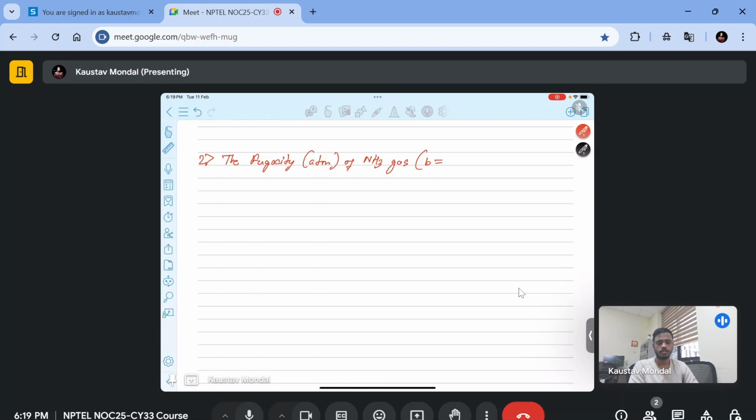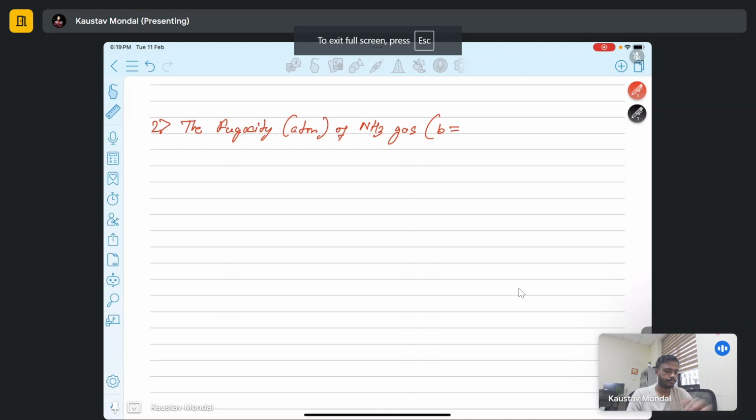In those two correction terms, two constants are involved: one is termed A and the second is termed B. Basically here we have to consider NH3 gas as a Van der Waals gas. For that gas, the A value is not mentioned, but the B value is mentioned, so we have to consider it. B value is given as